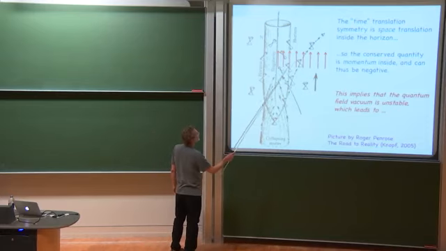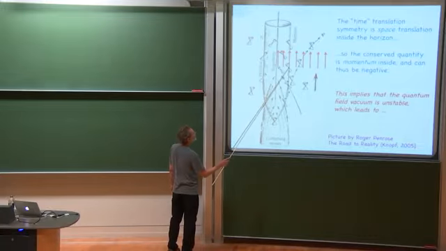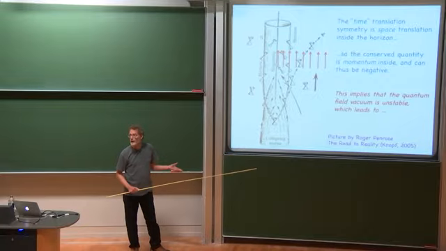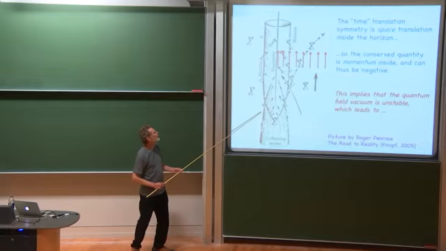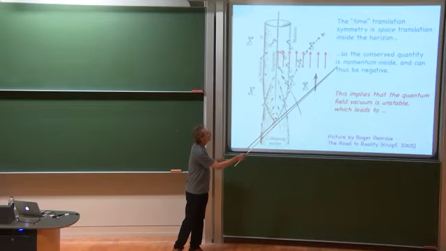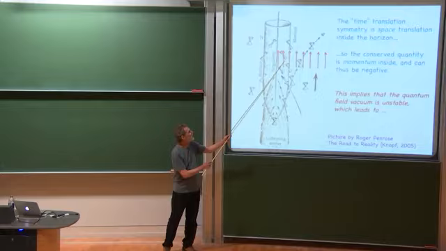Inside the horizon, it's also symmetric, also by shifting the diagram upwards. But note that on the horizon, that upward shift is actually on the edge of the light cone, so it's at the speed of light. It's not a time translation, it's a light-like translation, and inside, it's a space-like translation. So the conserved quantity related to this symmetry is really like momentum inside here and like energy outside here.